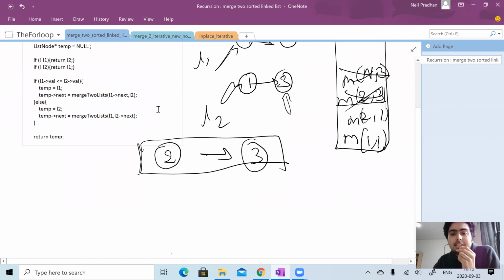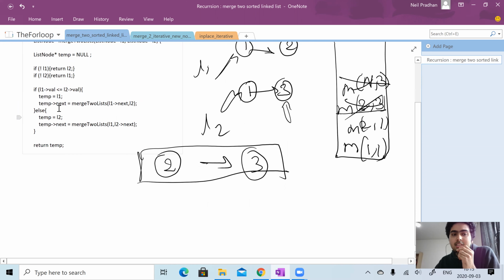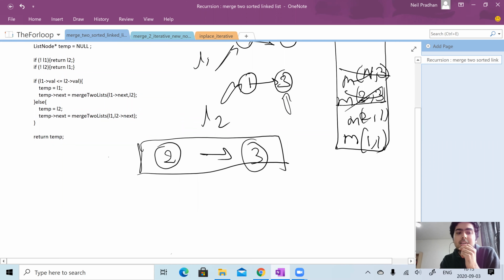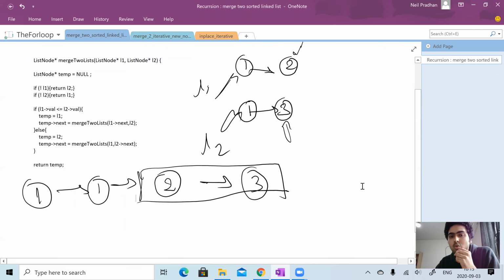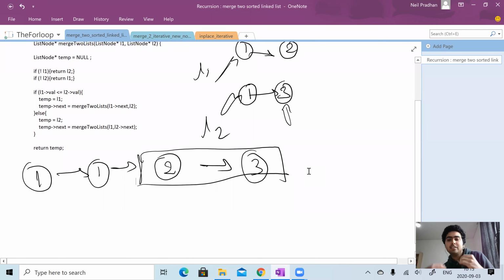Then we are going to have 2 and 1. So 2 is greater than 1, which means it will go inside this branch, which means we are going to connect it to 1 from the right side. So 1 is going to connect to this node, and this is out of our recursion stack. Now the only element in the recursion stack is 1 comma 1, and 1 is smaller than or equal to 1, so that will be the left one, pointing to 1, and that's it, it's done. I hope you understand how the recursion stack unfolds itself. So we have the answer now.